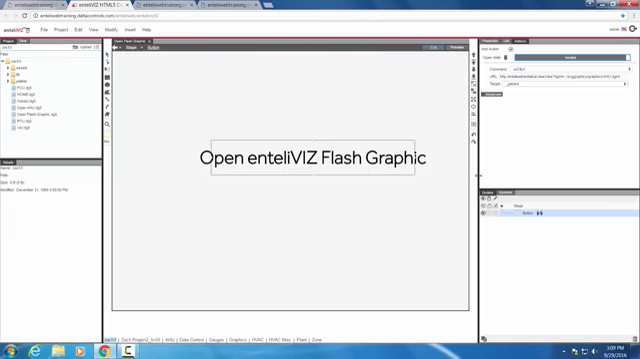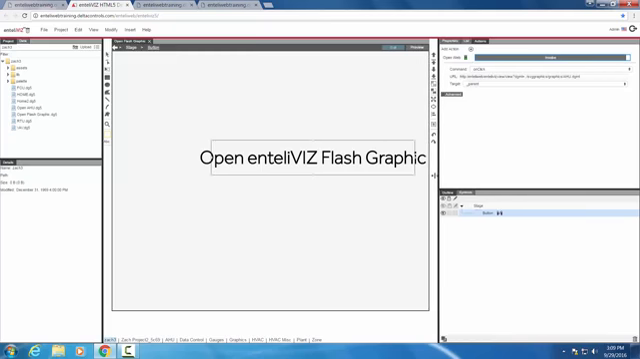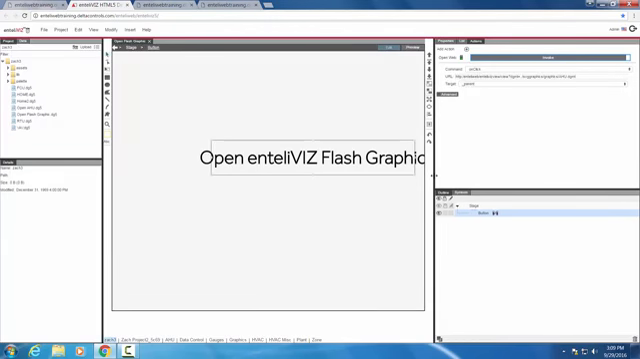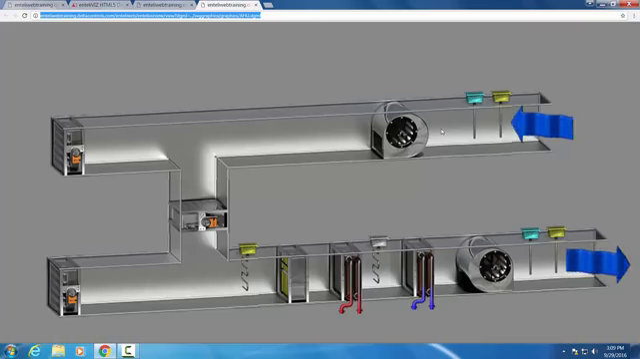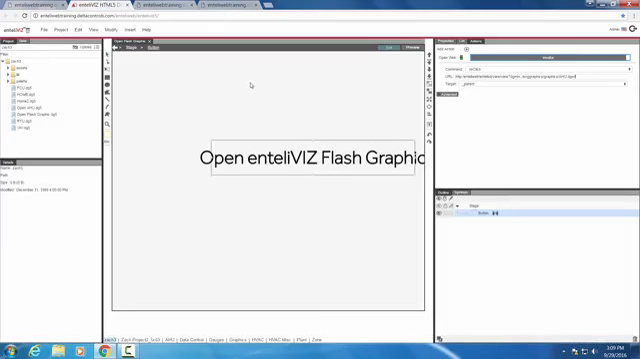Okay, so that is how you open an IntelliViz Flash graphic from IntelliViz HTML5. As I mentioned, the same thing applies for SVG ASP graphics. You just need to find the URL of it in order to open it. If I want to edit this Flash graphic, I have to edit it in the Flash editor. All right,